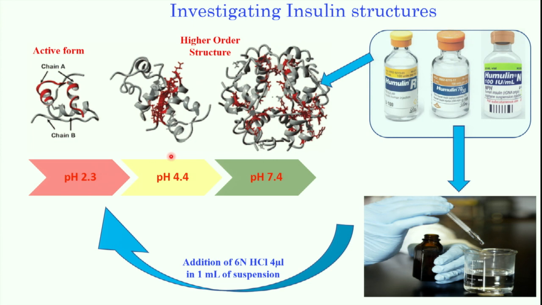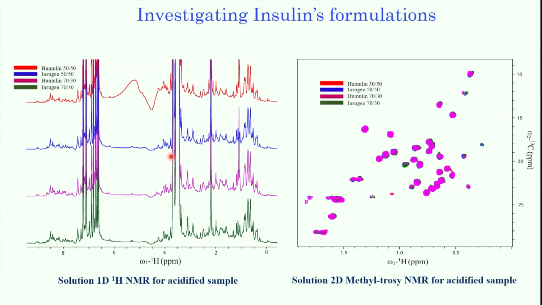Some can be soluble, some can be insoluble, like a microcrystalline. Now currently what is done, you just shift your equilibrium towards pH 2.3, record proton 1D. Here I show you a few of the insulin variants, record proton 1D and proton 2D, and you show that they are similar. So if you look at the 1D or 2D, you can clearly see this amide region,